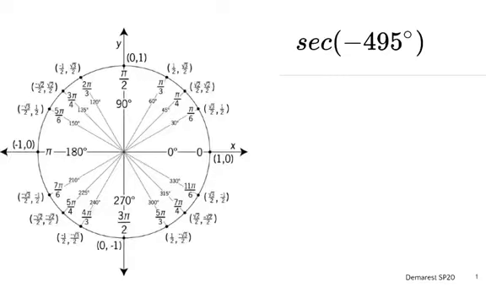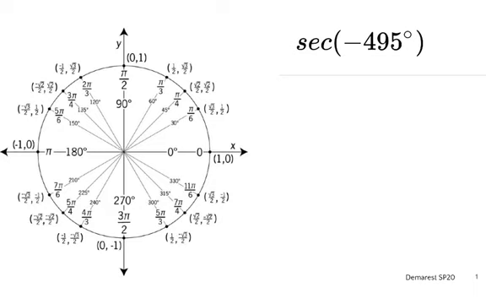Alright, so this is just going to be a video on some examples of using the unit circle to find trig values. So for starters, we're going to do secant of negative 495. When we are using the unit circle to find trig values, there's two things we need. You can do them in any order, but one of the two things we need is everything needs to be in terms of